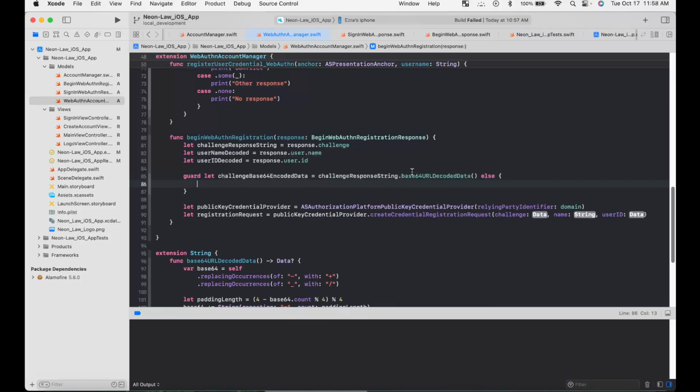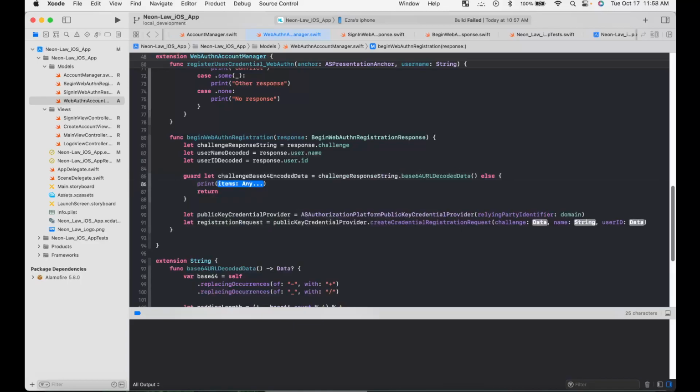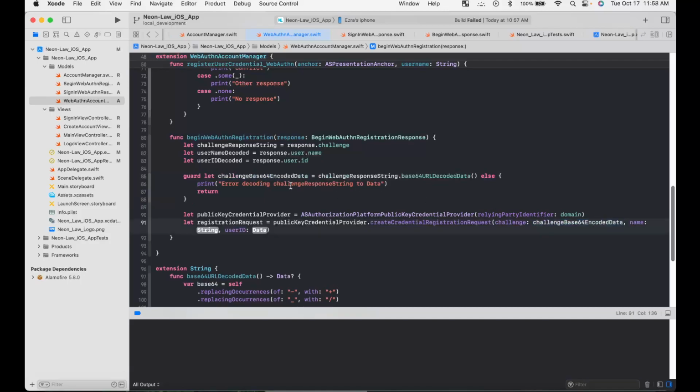Else return, and we'll just put a print statement here too. Error decoding challenge response string to data. Okay, and then we just pass this in, pass our username decoded in, and pass our user ID decoded in,